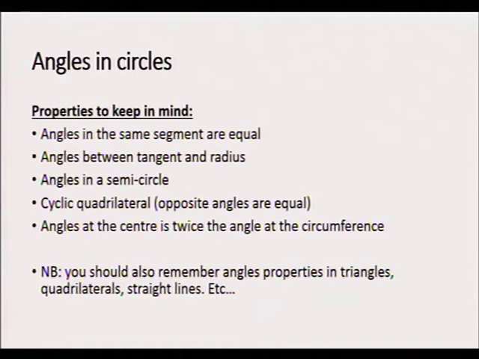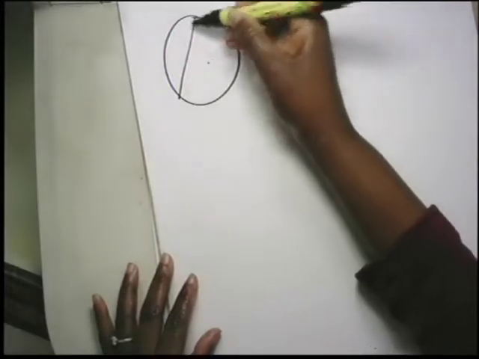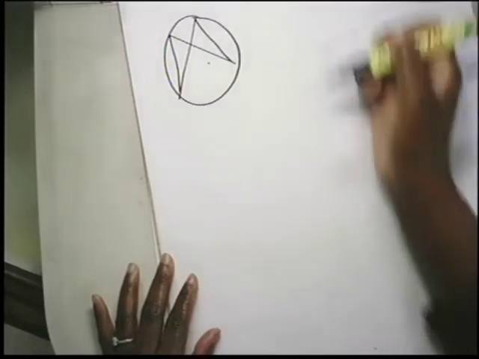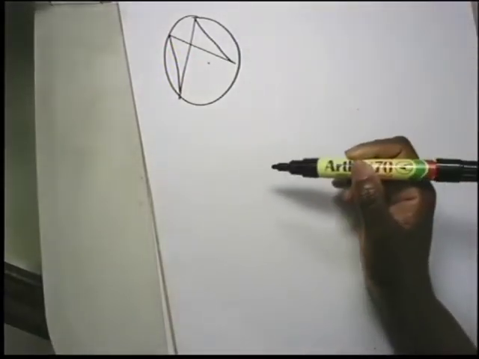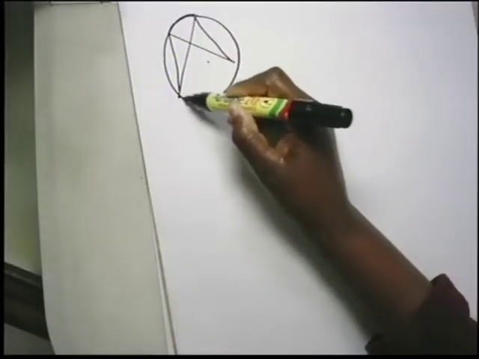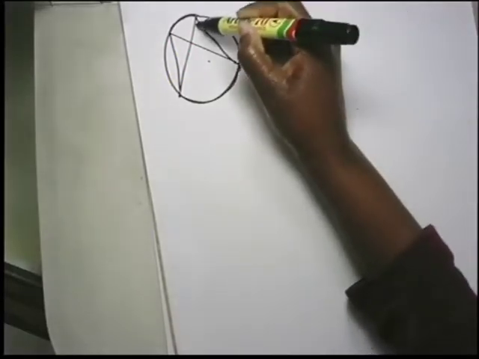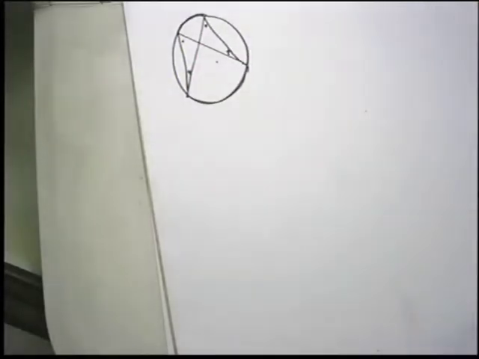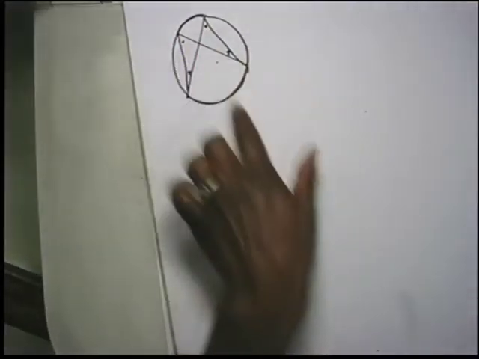So if I have a circle here and I draw two segments crossing each other like this, the angles in the same segment are equal. This is a line segment. This is another line segment. So these two angles are equal and these two angles are equal. We should know that property. My diagram is not so accurate, but just be aware of that property. The angles in the same segment are equal.